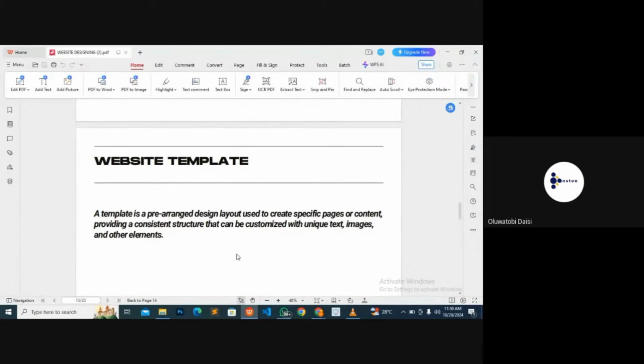Now, templates and a theme are kind of similar, however, they are very different. And this is the reason why I said they are similar. Both templates and theme are going to give you a demo website that can be customized to suit whatever it is that you want to do. Okay, so when you install a theme, there are themes that have templates under them. So after you have installed the theme, you are going to go further to pick one of the templates under them and then make use of it.